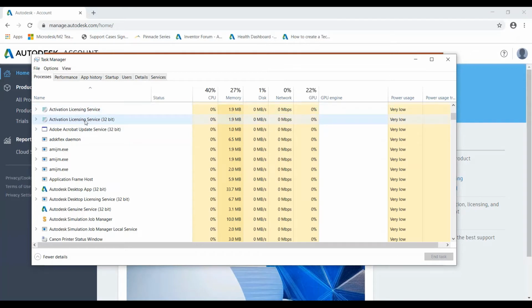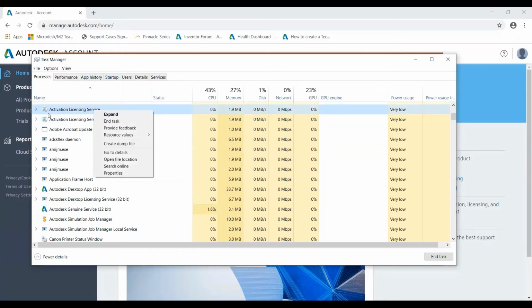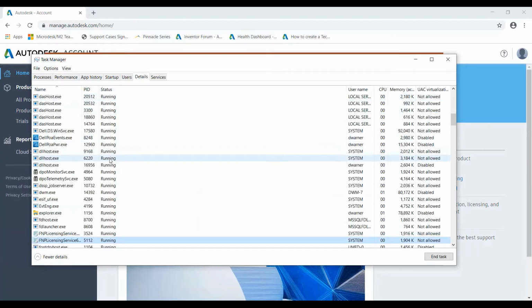So what I'm getting at is, if you have any of these licensing manager errors, the easiest thing to do is come into your task manager and go into any one of these services. If you see it, go into the details and it will show you if it's running. If it's not running here, the easiest thing to do is reboot the system. That would be the first thing we would ask you to do. If that doesn't work,